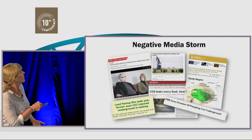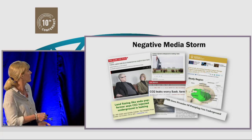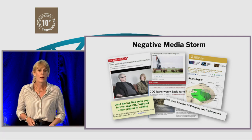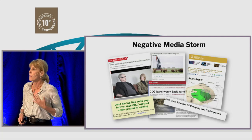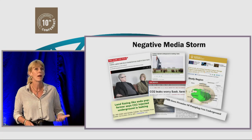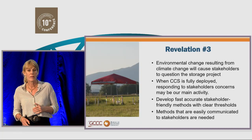CO2 levels could asphyxiate you in one place. Foot goes the promise of pumping CO2 underground. This was extremely damaging, and we were actually called out as one of the teams to go and attribute this. And it took time to mobilize a team to go out there, to look at it, to do the science, and to say, okay, indeed, this is not leaking. But even to this day,